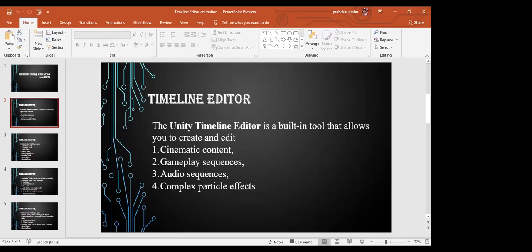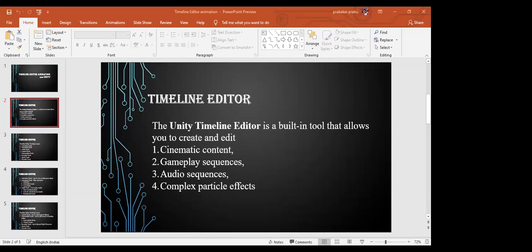First, how to install your timeline editor. First go to your package manager. One minute, the packages are fetching. Sir, we can only see your PowerPoint slides.